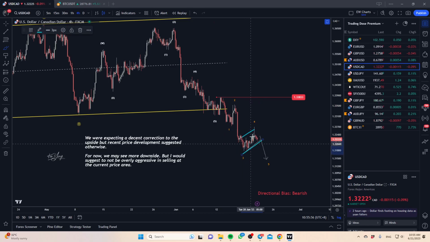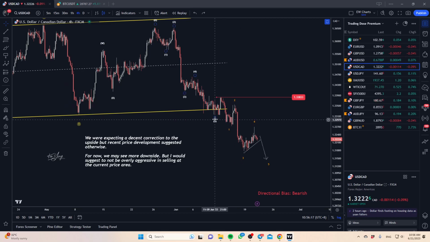Instead, we kind of see the structure develop very, very correctively. So right now, we're expecting a little bit more downside, maybe an internal 1, 2, 3, 4, 5 before that push, okay? And of course, don't put too much emphasis on all this label here as of now because, again, depending on how price is going to develop in the future,